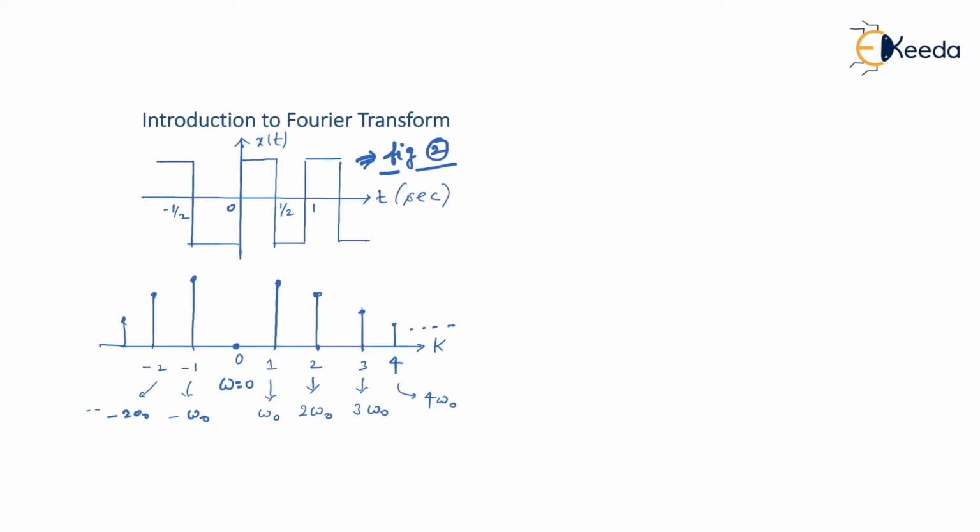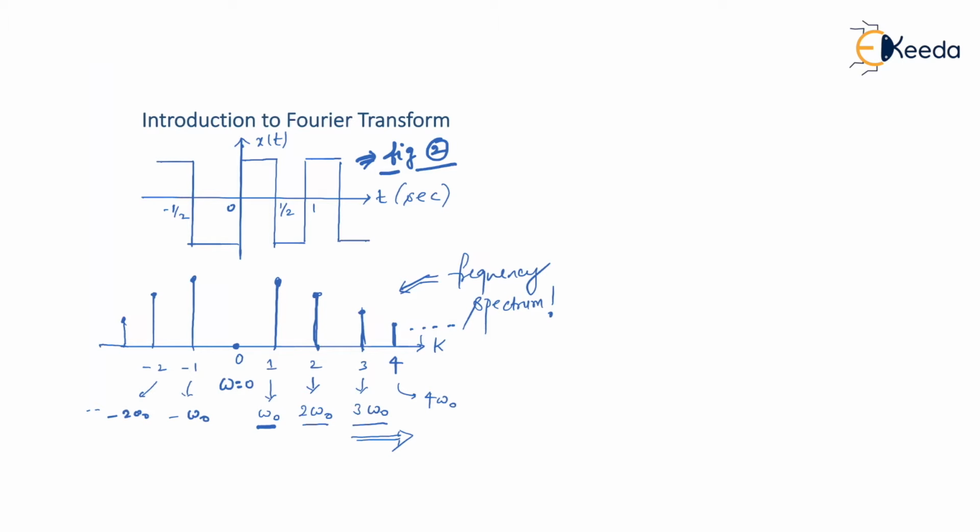So what I meant to say over here is, this much amplitude I'm getting at the fundamental frequency. At the second harmonic, I'm getting lesser amplitude. At the third harmonic, I'm getting even lesser amplitude, and this is a tendency. As soon as you go on increasing frequency, the component value keeps on decreasing. So this is what we have learned in Fourier series. In fact, this is what we call a frequency spectrum.